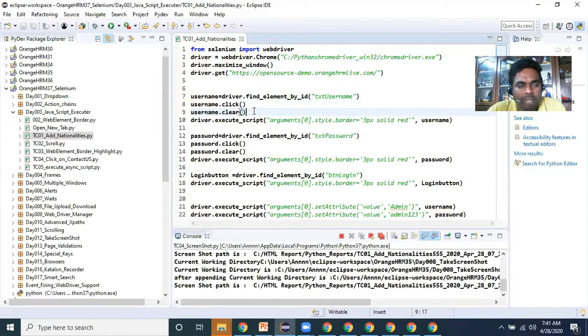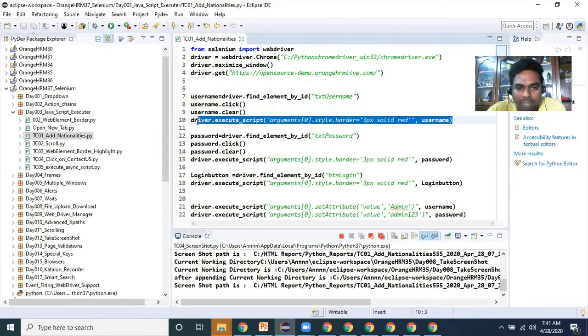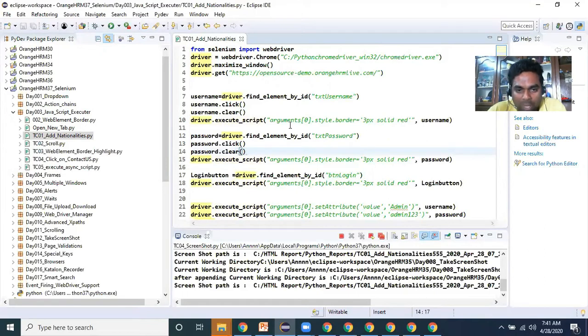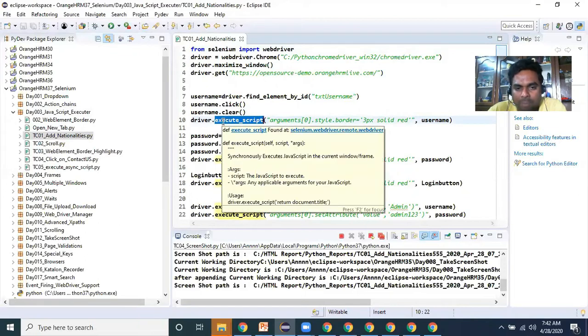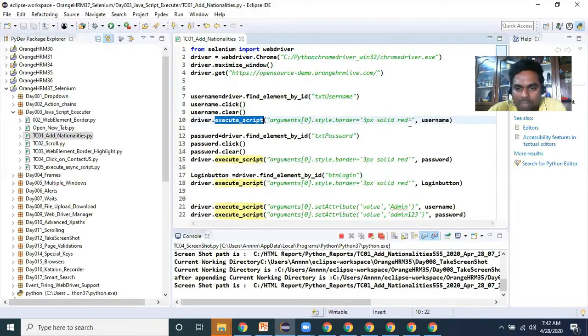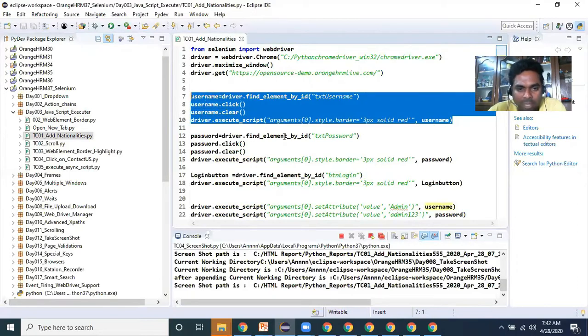But sometimes, if the sendKeys operation is not working, then we can write like this: driver.executeScript and arguments[0].style.border. So this particular web element's border will be highlighted. First, I'm highlighting the web element borders for the username. Whatever we have written within the double quotations is called JavaScript executor. To write JavaScript executor, we need to use the command driver.executeScript. This web element border will be highlighted in red color. That's it here as of now.